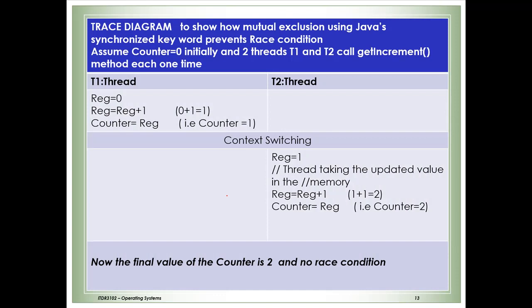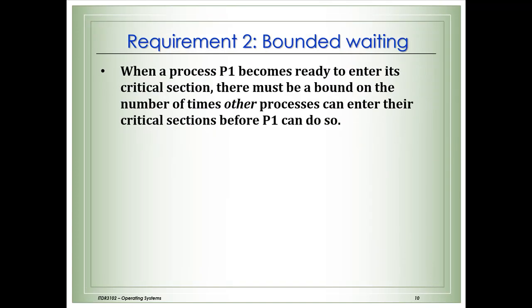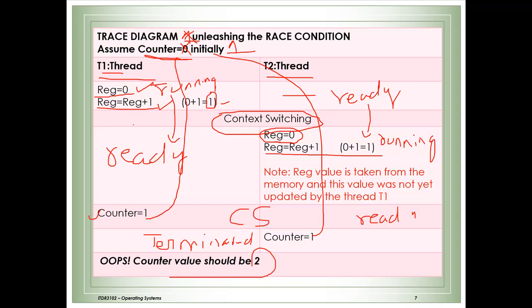Now you just see this trace diagram. Here thread 1 is performing the load operation, update, store. Then thread 2, load, update, store. Now what you are getting is 2, and the correct answer is also 2. So when this load, update and store at the CPU level are together, there will not be any race condition. If they are not together, like in the earlier case, then there will be a race condition.